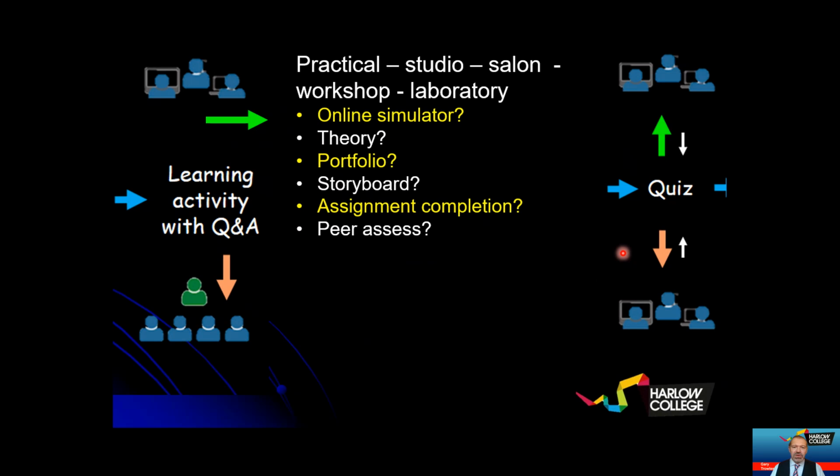So let's say what you're teaching today is a practical subject, which could be studio-based, salon, workshop, or in a laboratory. It's thinking about how to manage that activity, which can't necessarily be replicated in an online situation. So you're with your half of your group and taking them through a practical activity. The options for the online community: I'm very lucky with my subject. I have online simulators that will work just as well, if not better probably, than what I teach in the